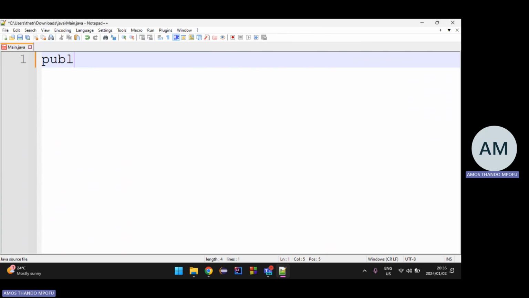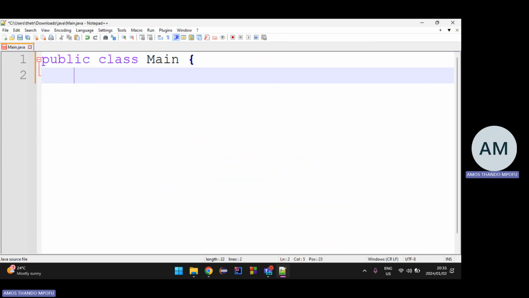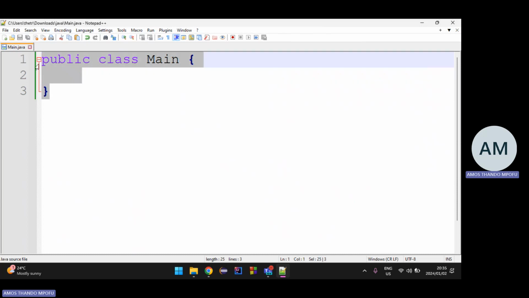So the first thing that I need to use is the public keyword. So public, and then class, and the name of this class is the same name as the name of the file without the .java extension. So what did I call it? Main. So my class, I'm gonna call it main, like this, right? And now I can have that main function because now it's gonna be within this class.